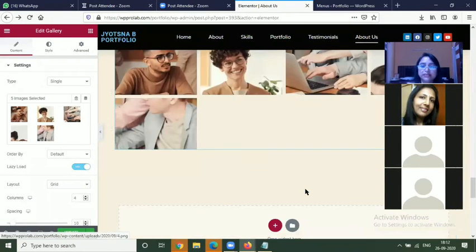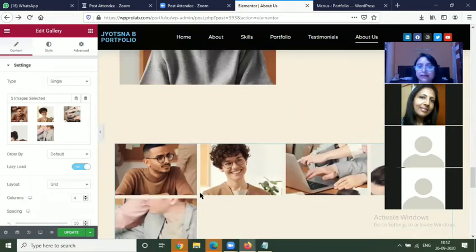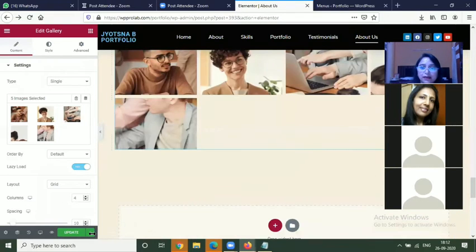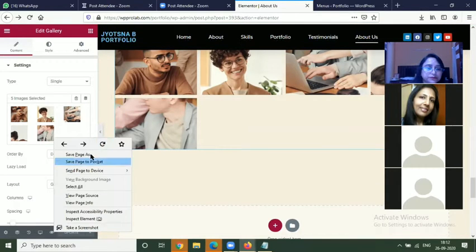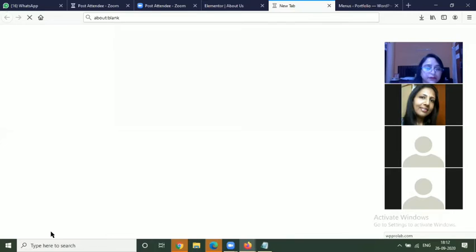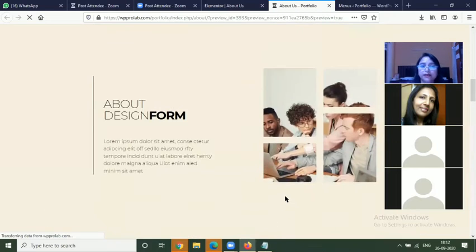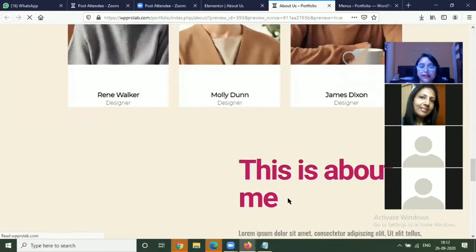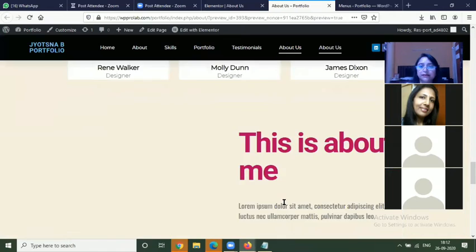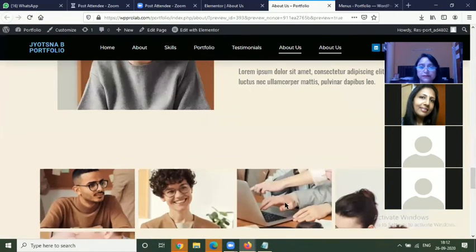You can see, automatically this is our gallery. Update it, and you can see the preview. Yeah, this is the gallery I have inserted.